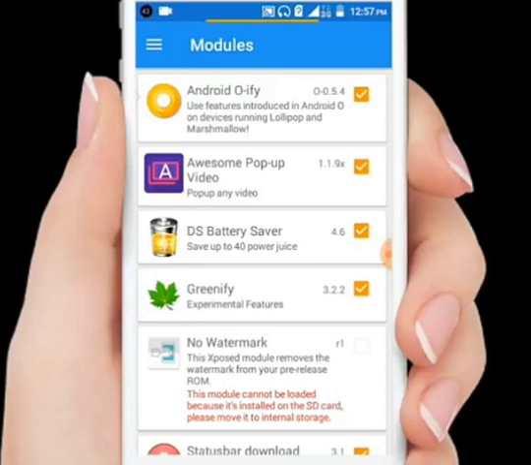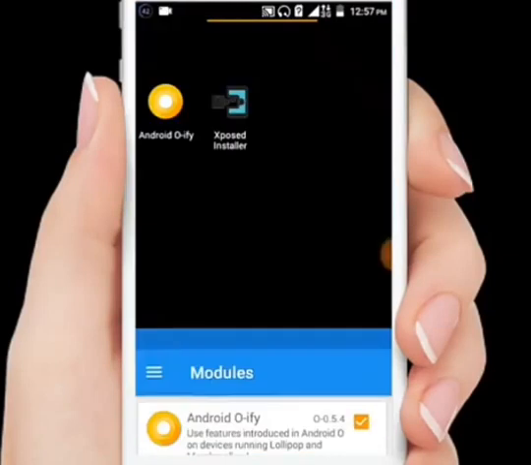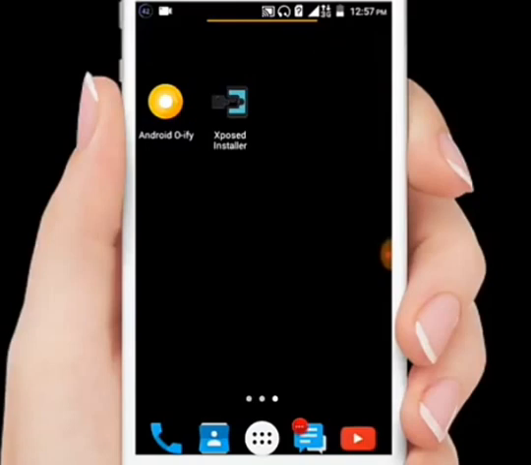You need to tick it, and then it will say to reboot your Android device. Then we reboot, and after rebooting successfully, imagine that I am doing this whole process, so I am not going to do it again and again. After rebooting your device, your Android version is updated to Android 8.0.